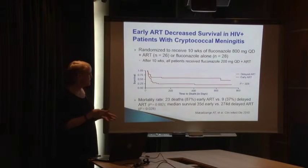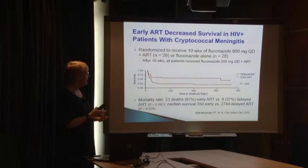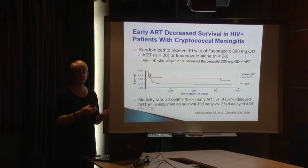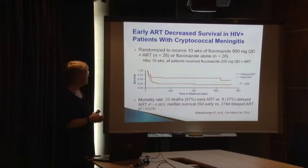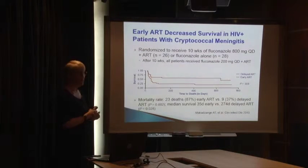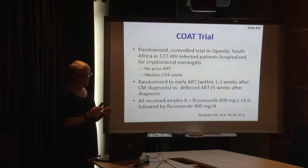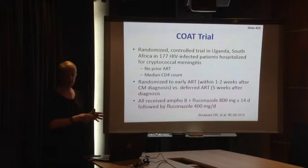Many people criticized the outcome of the study because of the suboptimal treatment for cryptococcal meningitis, and there weren't enough data collected in the study to understand whether patients in that early therapy arm had more episodes of IRIS or paradoxical IRIS, and there was no management of increased intracranial pressure in this study either. So it wasn't really very easy to tease out some of the factors that were associated with the early deaths seen in this study. So the field was in a bit of a conundrum about one trial showing benefit to